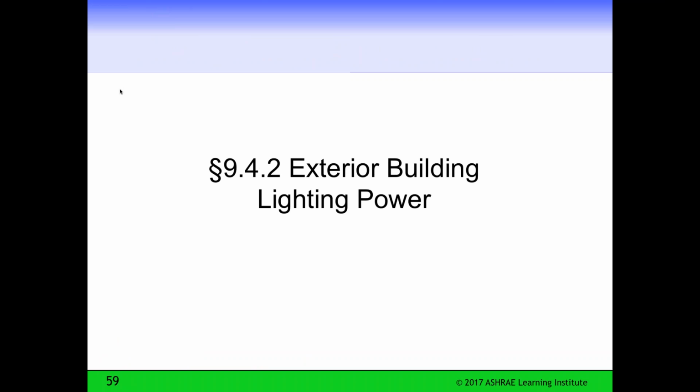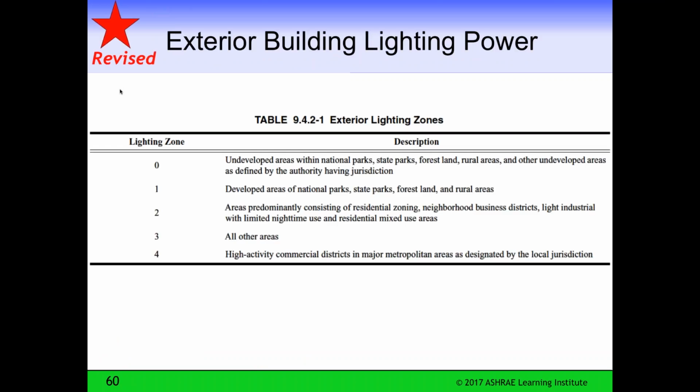Now we'll cover a different topic, and that's the exterior building lighting power. This is a really interesting requirement for exterior lighting power. If you're in Yosemite, your lighting power allowances vary by where your building is located, from lighting zone 0, which is undeveloped areas of national parks, state parks, etc. Then you have developed areas of national parks, state parks.